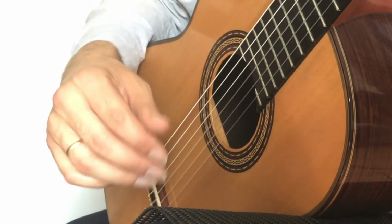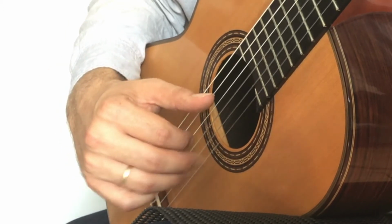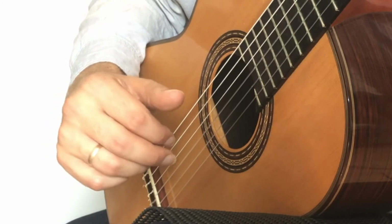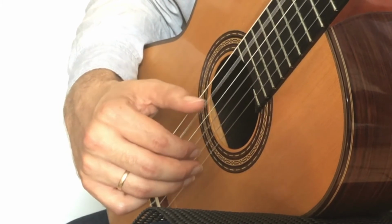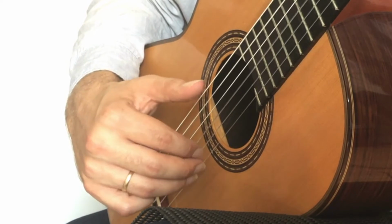What we want to do is have a triplet. So we're going to go one and da. So triplet, triplet, triplet. The index and middle always stay on the B string and the high E string. The thumb is going to move by playing the A string, D, G, back to A, then we switch, repeats